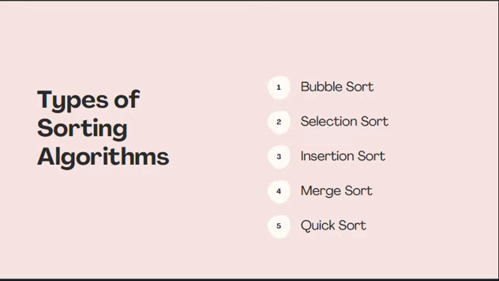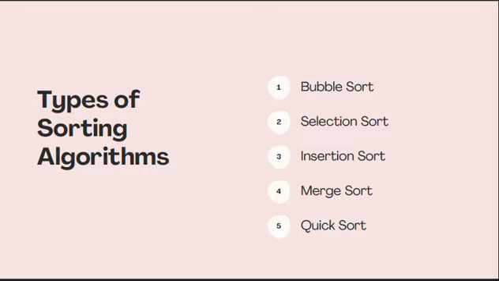There are various sorting algorithms: bubble sort, selection sort, insertion sort, merge sort, and quick sort. Bubble sort is the simplest sorting algorithm, which repeatedly steps through a list, compares adjacent elements, and swaps them if they are in the wrong order. Selection sort divides the list into sorted and unsorted sections and repeatedly selects the smallest element from the unsorted section. Now insertion sort builds the final sorted list one item at a time, with new items inserted in the